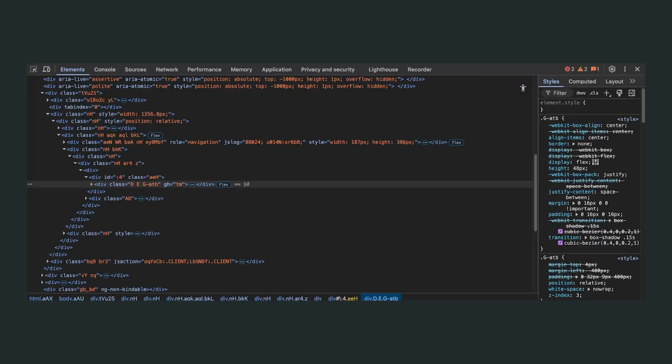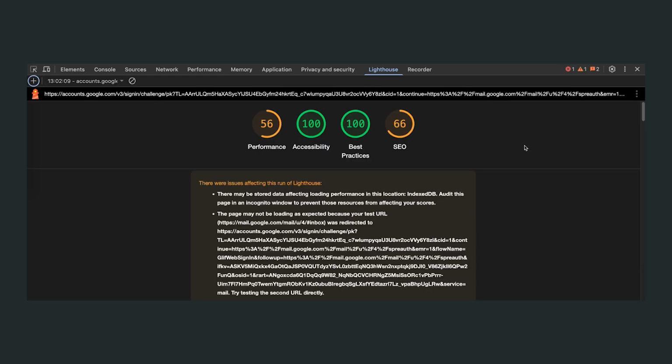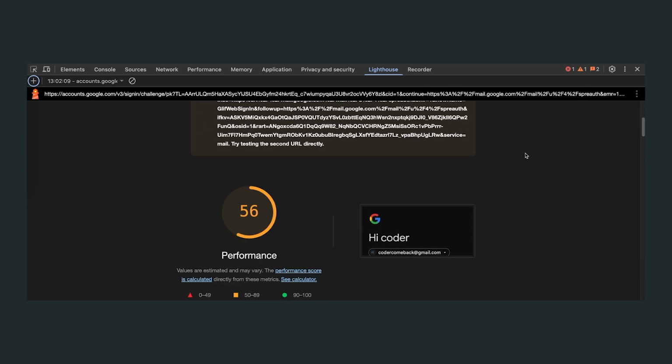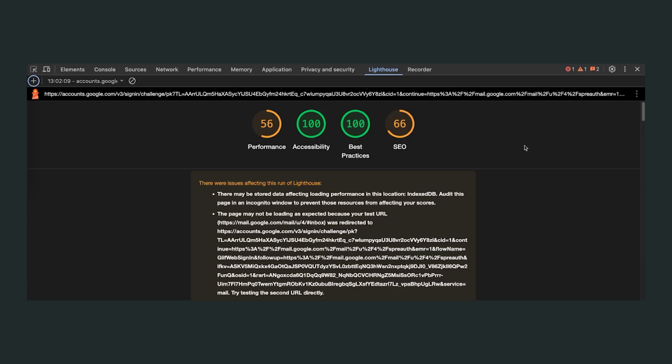But the good thing is when you run the report, Lighthouse doesn't just yell at you and tell you what's wrong, it also tells you how to fix these issues. It's this automated tool built into Chrome DevTools that audits your websites for performance, accessibility, SEO, and best practices, and it gives you a detailed report with scores from 0 to 100 on each category. And I mean, some of these category scores, man, can be some pretty hard truths,